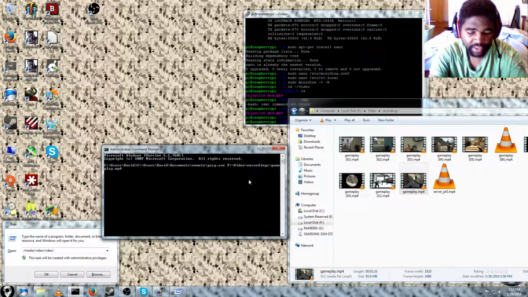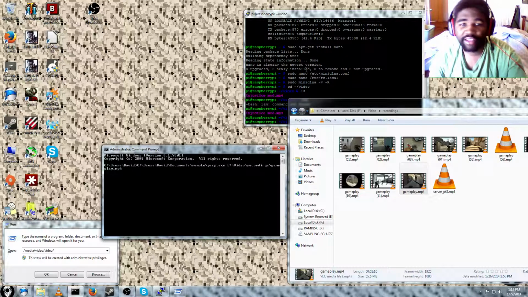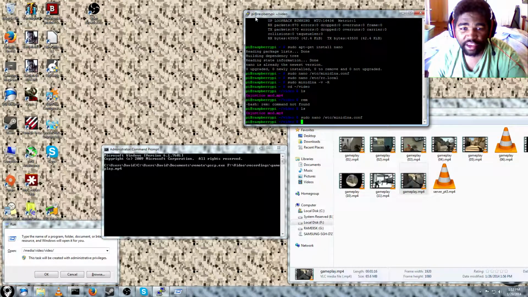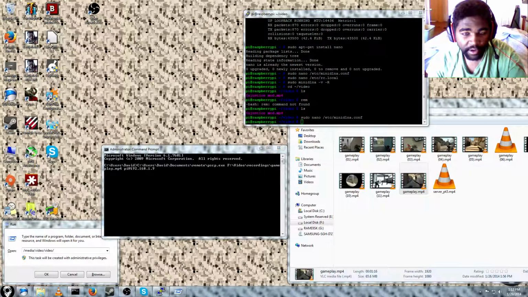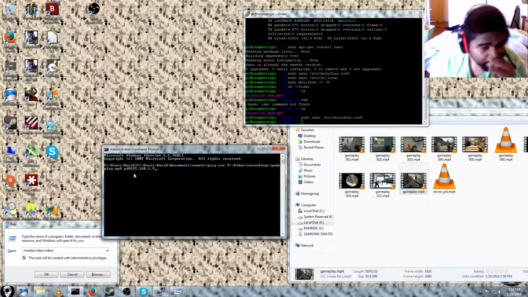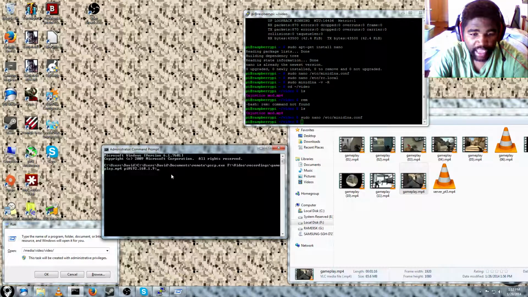To make it easier, we're going to type in our username just like we did when we connected to the server. Like it says here, Pi at Raspberry Pi, that's the name of the server. But anyway, Pi at, and exactly what we used to connect before, 192.168.1.9, like it was before up here. And now we do a colon and then the path